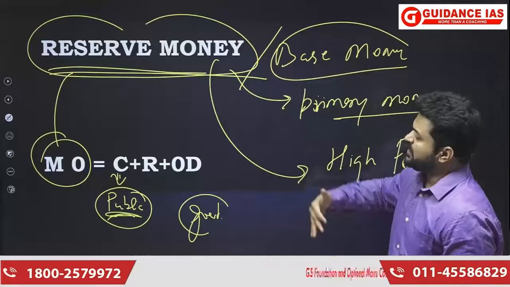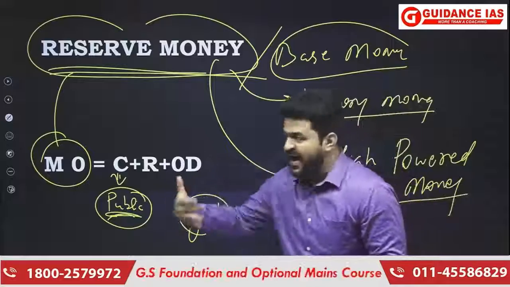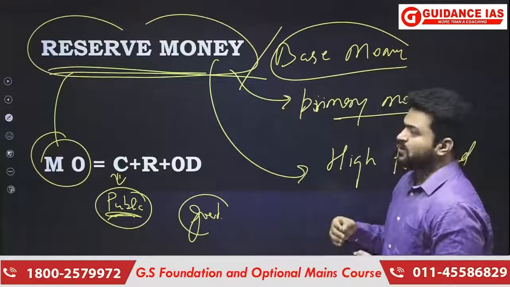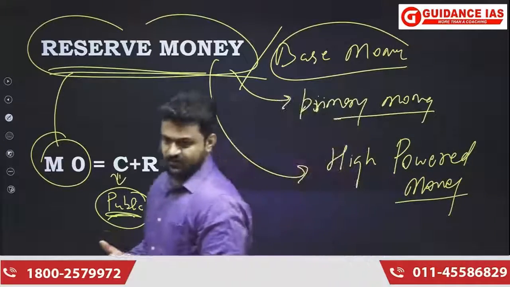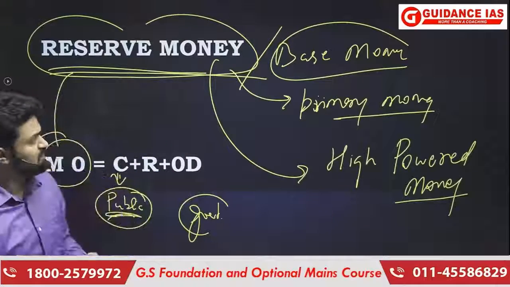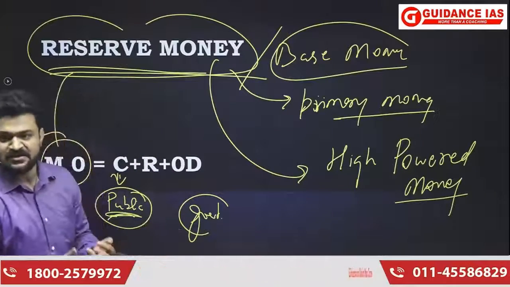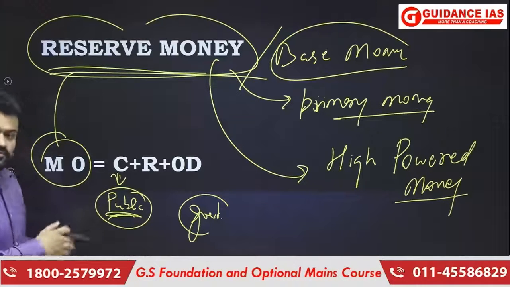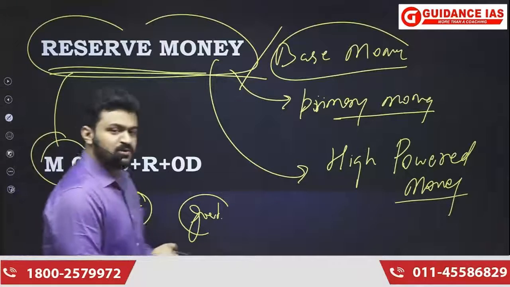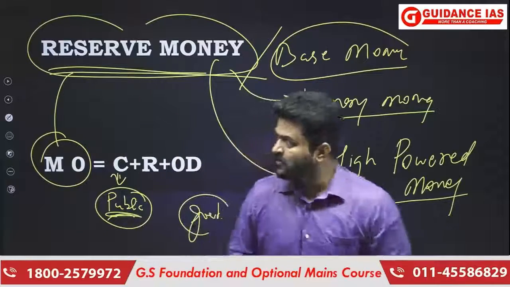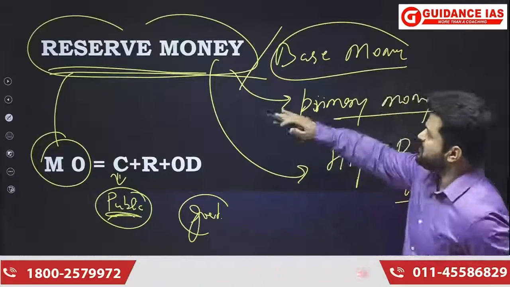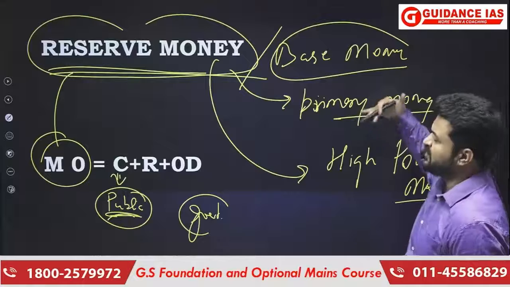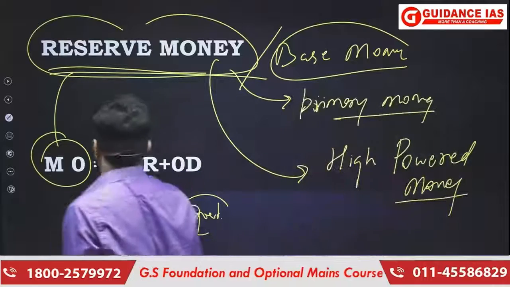Whatever money that banks generate, they do not generate it by printing the money. Government is the only entity which generates money by printing the money via RBI. Banks are also creators of money, but they do not create money by printing. So reserve money, that is base money or high powered money or primary money, will have currency, notes